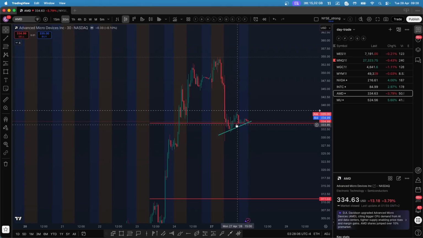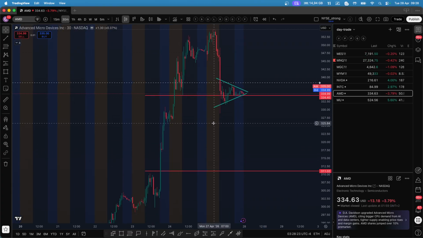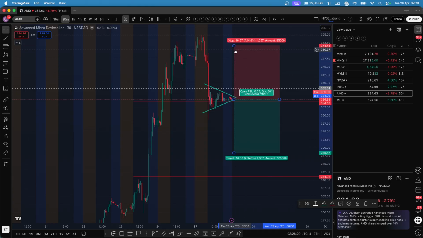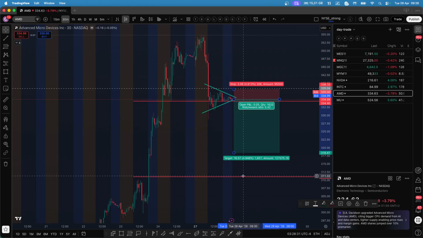Bulls are not aggressive at the previous day level, and it's kind of a bearish flag happening. So this is a bearish move followed by a small consolidation. So anything below 333, I think a short is in play for at least 310. So it could be a good play for fading the rally to fill this gap.